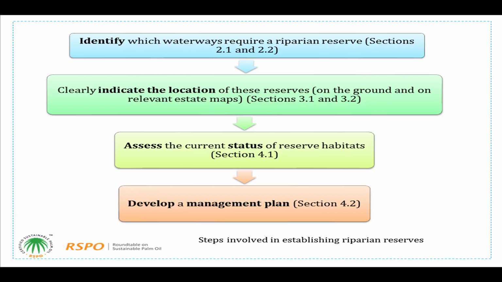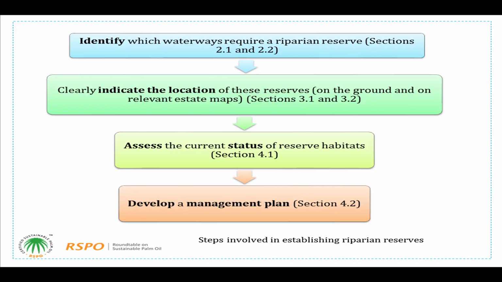Once this area has been identified, you have to assess the status, whether the riparians are still in good condition or in very poor condition, and you select a few sites to make comparison.